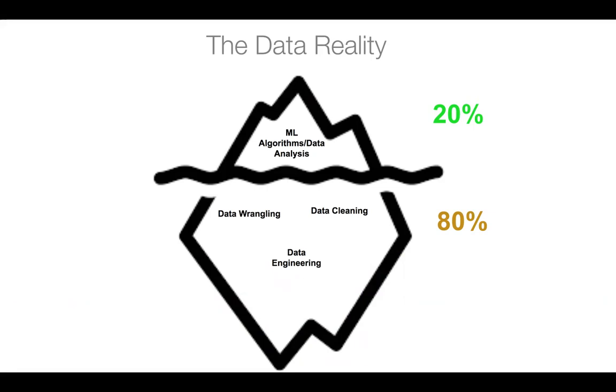At the top of this iceberg, you can see that 20% of your time is probably going to be spent on the actual algorithms and the data analysis part, but the majority of time is the data wrangling, which is basically acquiring the data from somewhere. So this might be some database, this might be some API that you can query. The data cleaning, getting your data in order, and the data engineering. So actually building maybe some automated pipeline to get you the fresh data, daily or hourly, or whatever timestamp you need. So this is the sort of work that goes on, and really with these DataDive events,